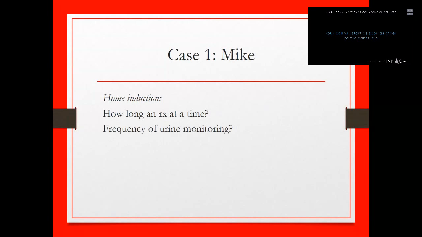The other thing that we could talk about, from a practical perspective, is that medical assistants will approve for 2 of any dosage strength at any time. Actually, during that initial titration period, Mike says he's taking 12 milligrams a day. It's a reasonable dose to have titrated to over the first 4 days of treatment. And again, if people had any doubts about that, they could check in with Max. But it would be fine to send in an additional prescription by phone to the patient's pharmacy for enough 12 milligram films to get the patient to his follow-up appointment with you that's already scheduled for a few days later.